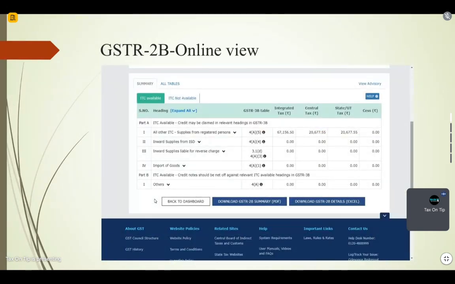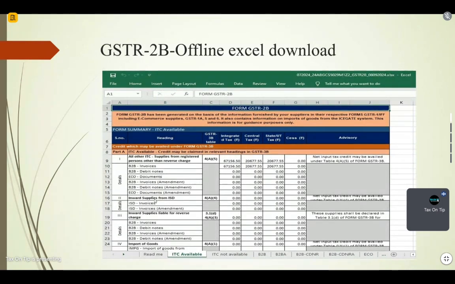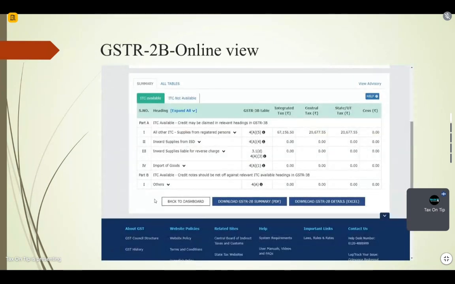Once you click on that online view, this table will appear. You will find the same data here, which we just saw in the table, that Excel file 4A5. So these are basically the tables of 3B. I will link that at the time of explaining the GSTR 3B session. Okay, so